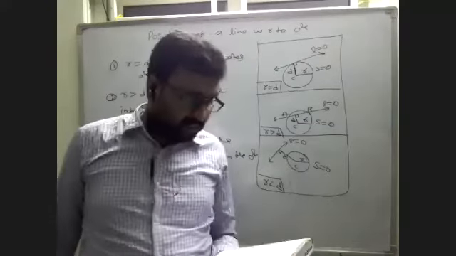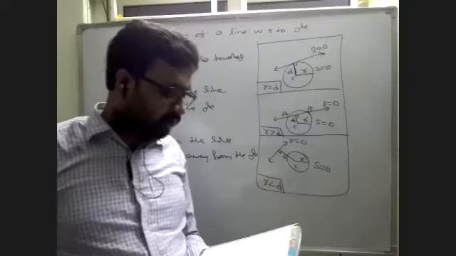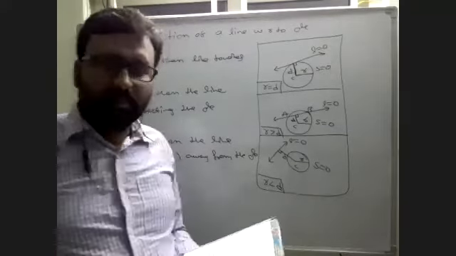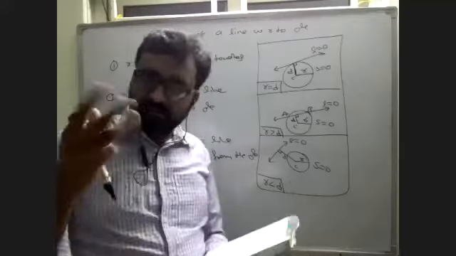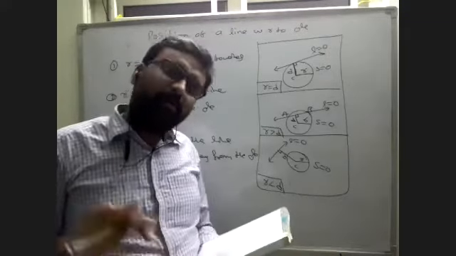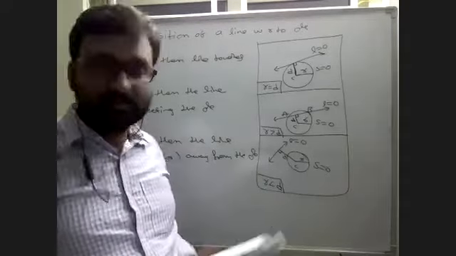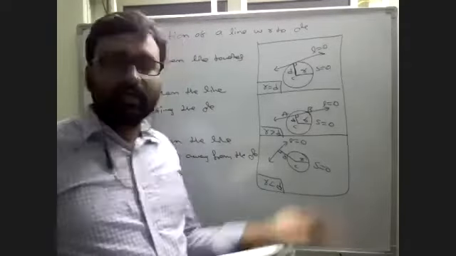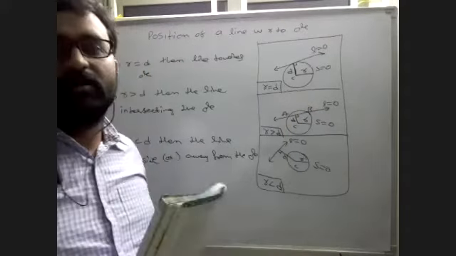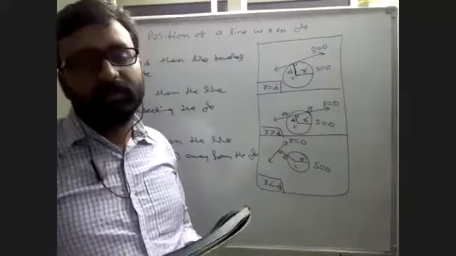The number of circles touching all three given lines, which I already gave you in 2D. The number of circles, if three lines are given, touching all three lines. How many circles will come? The conditions: two lines may be parallel and one intersects them, or all three may intersect.